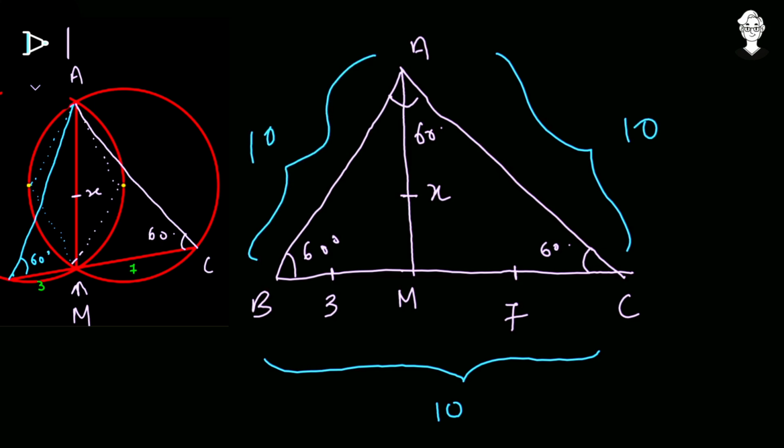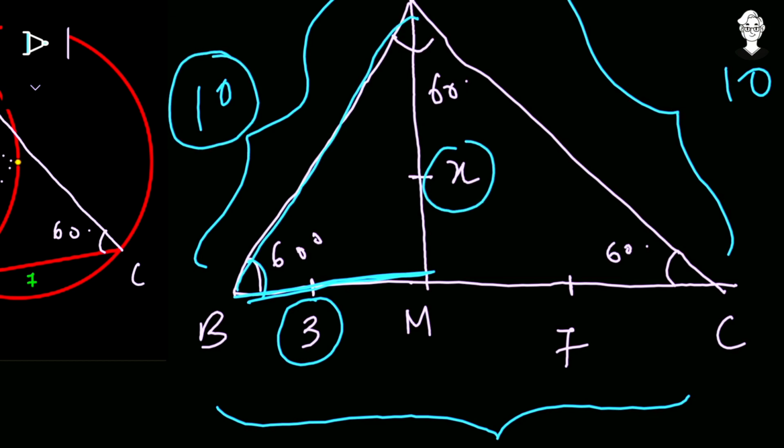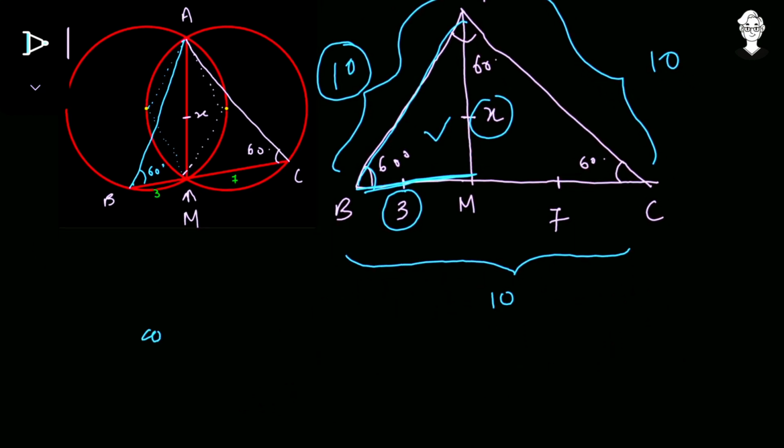Okay, now what we have to find is the chord of length x. So here is my 60 degree. This is my base of length 3. This is one of the sides that is equal to 10, and this is the x that we have to find. So what I can think, if I take the cosine rule in this particular triangle, taking the cos of 60 degree,